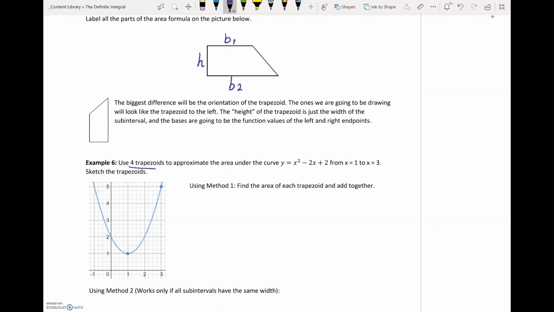And we're going to create 4 trapezoids here from 1 to 3. So again, because we're creating 4 trapezoids, we're going to use 1.5 and 2.5 to help us create this as well for those x values. So our first trapezoid, we're just going to kind of follow the length of the curve, as so. Then